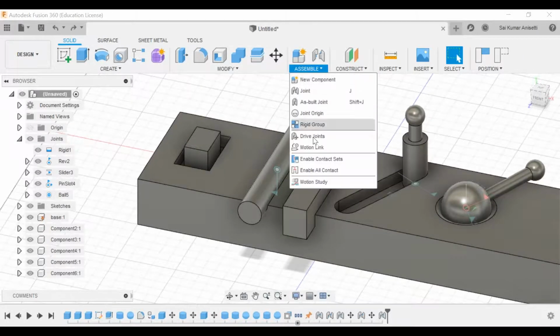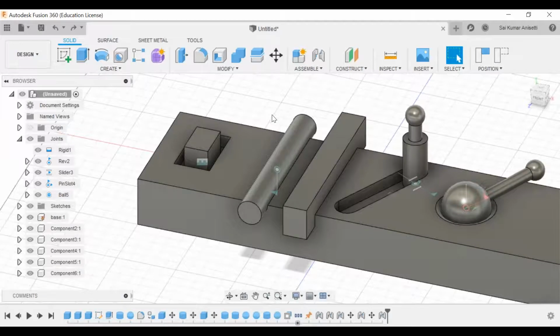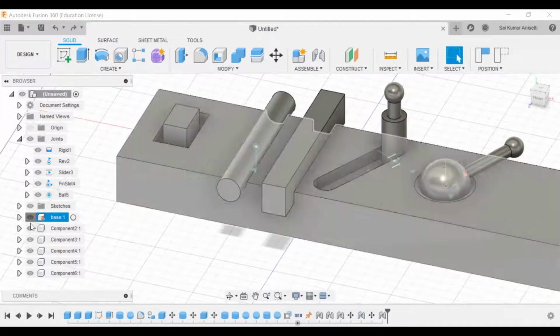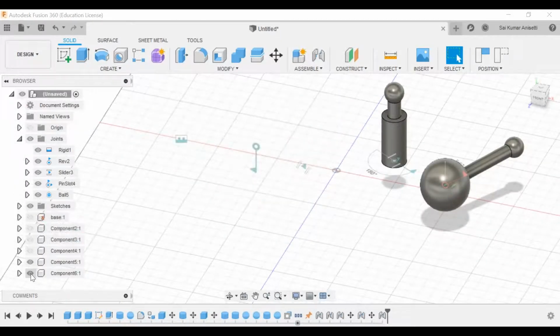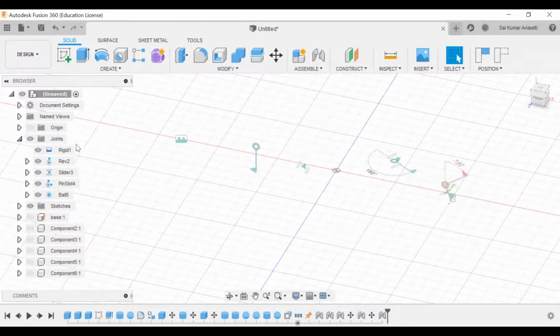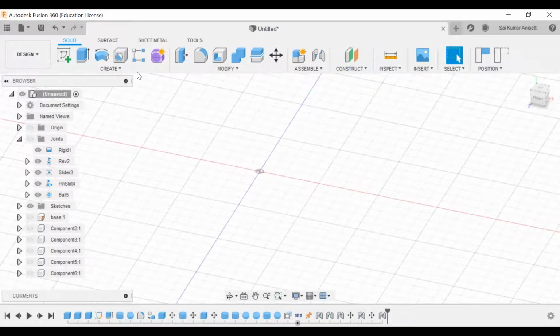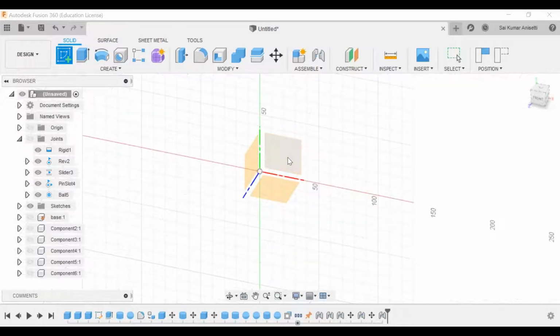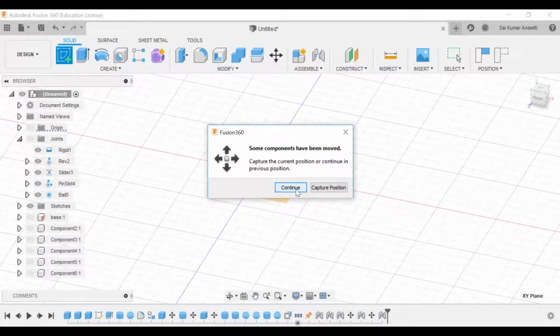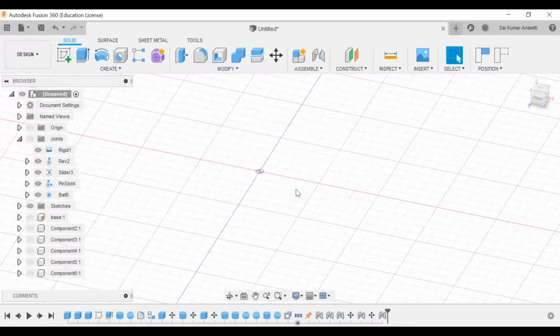And one more thing left over is rigid group. What is meant by rigid group is, let me give an example. If you have 2-3 points, let me go quickly. I'll just hide everything and I'll hide my joints also. Let me go and create a sketch onto this plane, where I'm currently right now.